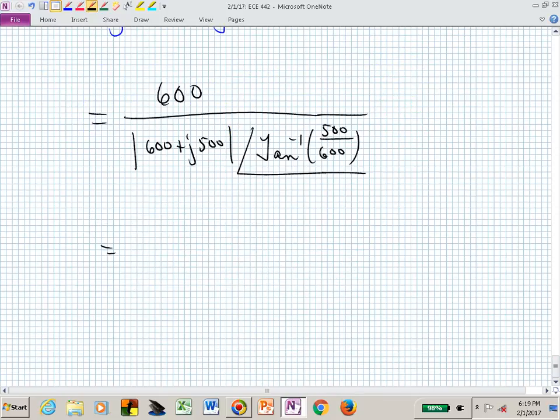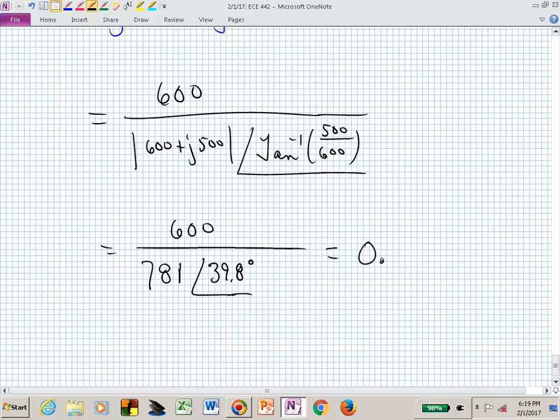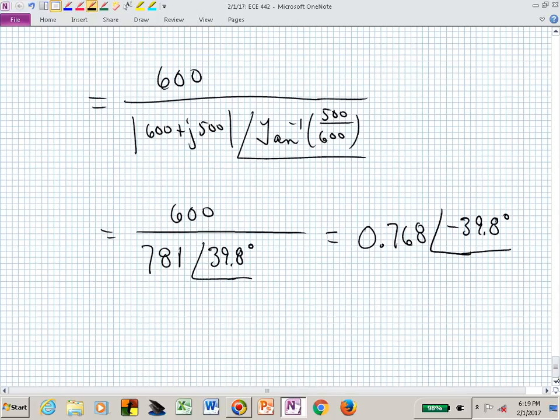And if I had sketched that properly, you could inspect that and see that the hypotenuse is a little bit bigger than 600. It's 781. And the angle is 39.8 degrees. Doing the division and keeping track of the angle, which is 0 minus 39.8,